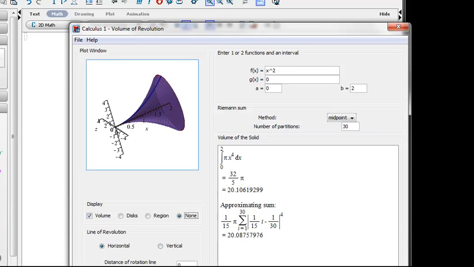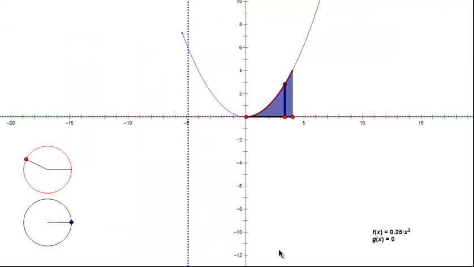Now I've got another one to show you, and this is the exact same thing. If I let it be 2, that's kind of small, you might not be able to see it, so I'm actually just going to enlarge the area, but you'll get an idea of what it is we're actually doing here. If I took this blue area and rotated it about the x-axis, what would that look like? Well,